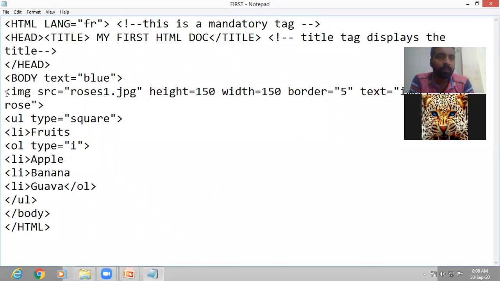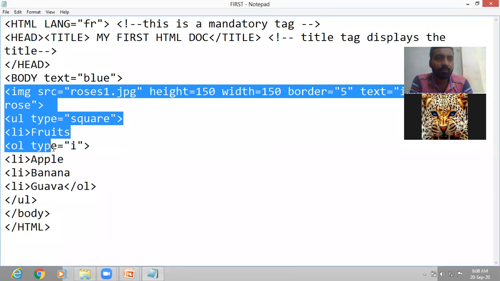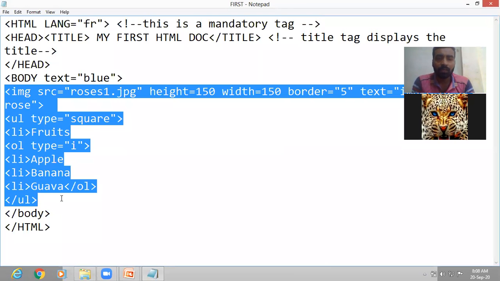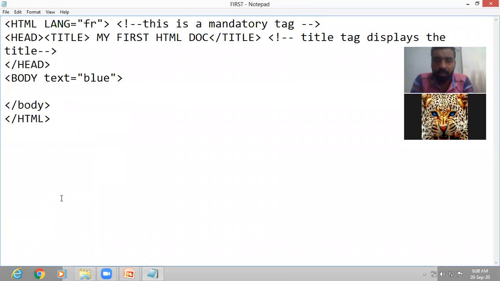Okay, so let us remove this. UL and OL are removed. Now simply I am writing a text.